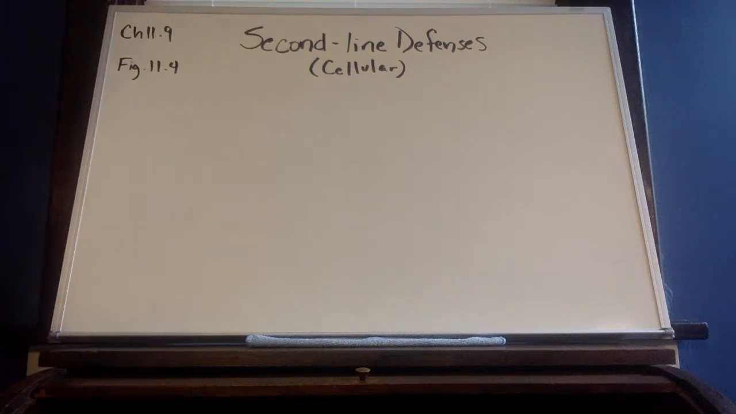All right, section 11, chapter 11, learning objective 9. We're going to pick up and begin talking about the second line defenses, looking at the cellular portion of the second line defenses. Learning objective 9 says describe lymph and how it is collected and filtered. So first we're going to talk about some body fluids, and then figure 11.4 goes into the details of how